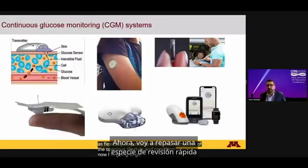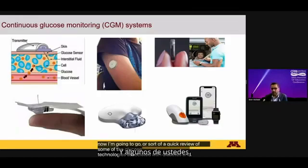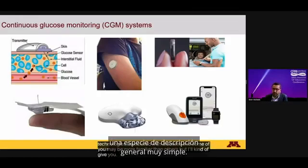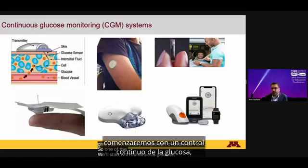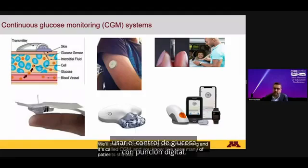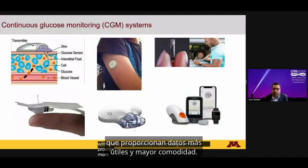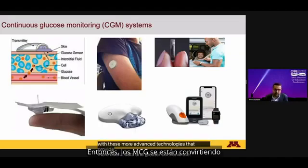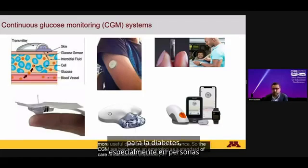Now, I'm going to go over a quick review of some of the glucose technologies associated with diabetes. Some of you may be more familiar than others, but I'll give you a very simple overview here. We'll start with continuous glucose monitoring, called CGM. I've seen many patients still use finger stick glucose monitoring, but increasingly, those tools are being replaced with more advanced technologies that provide more useful data and greater convenience. So CGMs are emerging as a standard of care in diabetes, especially in people who are on